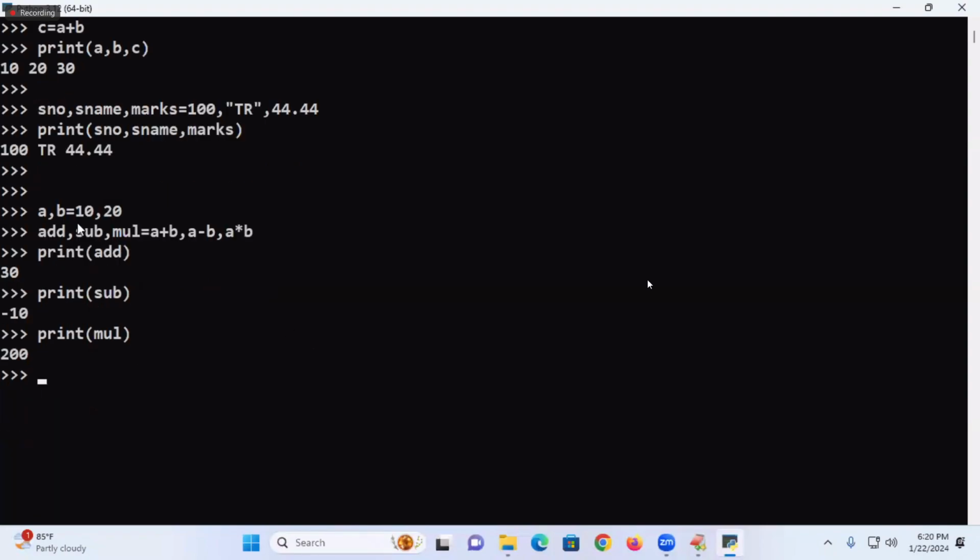Done. This is related to multi-line assignment. So the assignment operator can be used by us in how many ways? Two ways. One is by using